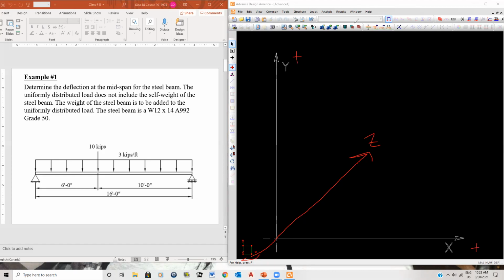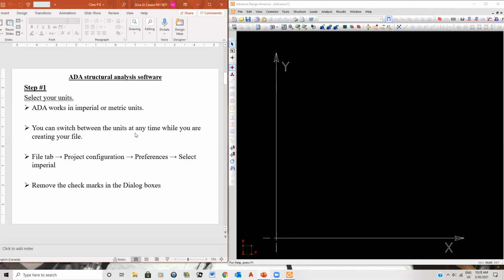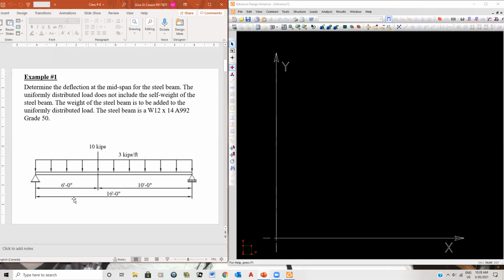Now, clear all drawing. The first thing you should do is this: ADA works both in metric and imperial. In this example, we're working in imperial. I know that when you start a file, by default, ADA starts in metric. So instead of having to convert everything into imperial, you simply go to